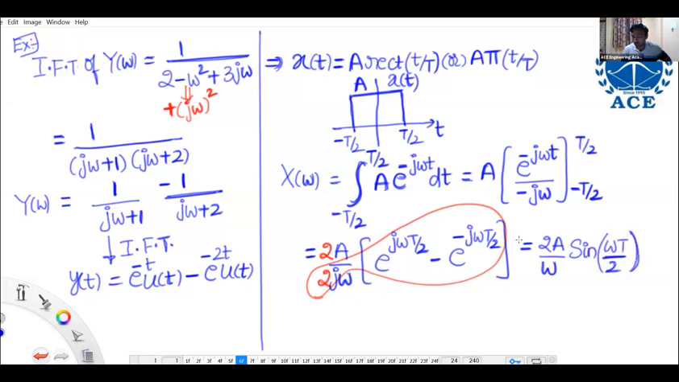Our journey will go with this function. Listen carefully. In the entire Fourier transform, 80% of my discussion is on this function. Listen very carefully: 2A by omega sine omega T by 2. Till here, 2A by omega sine omega T by 2. But